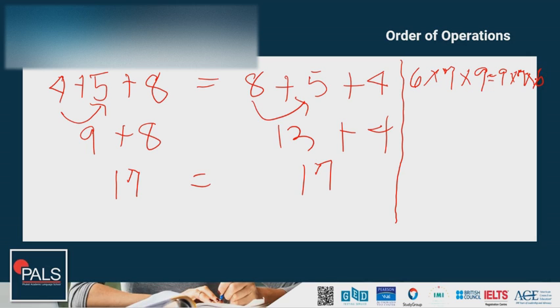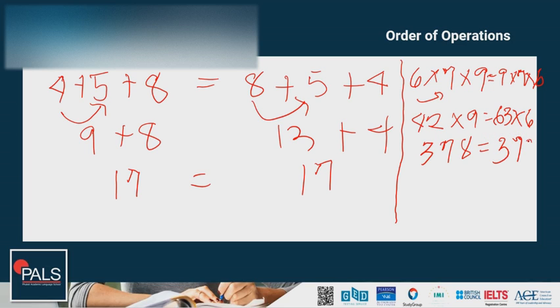Okay, so 6 times 7, we have 42 times 9. Then we have 9 times 7, which is 63 times 6. 42 times 9 is 378. And 63 times 6 is also 378. So these examples just prove that